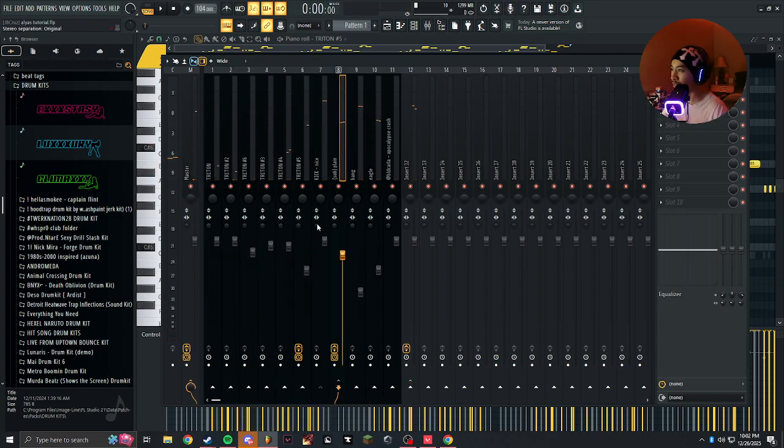Something that will actually help your mixes a lot better is to make sure that you have your kicks and your basses on mono instead of stereo,